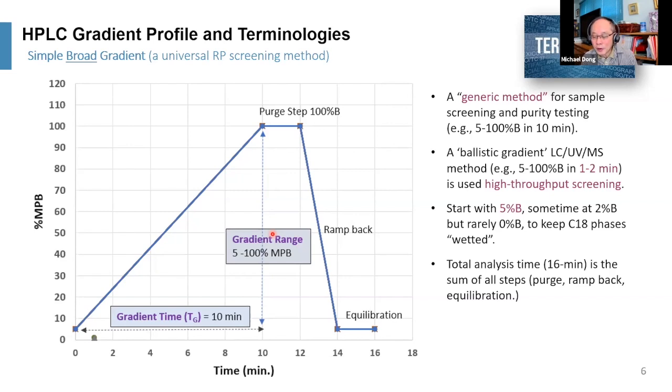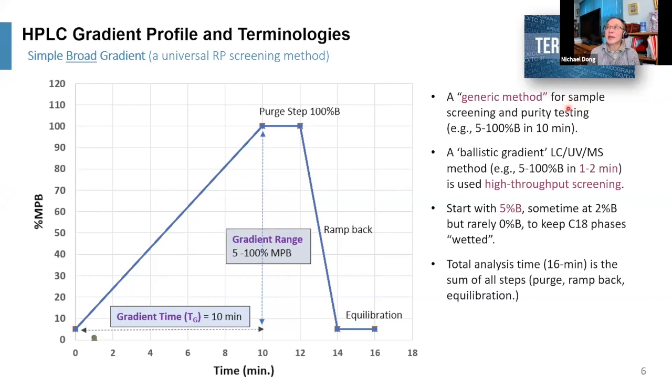You can use this type of method for reaction monitoring, if you have an organic laboratory. And we do that all the time, right? We use this type of generic gradient to look at our reaction, to monitor it, to make sure that our reactions are completed. Now, obviously, you must separate the product from your starting material, right? But a single HPLC gradient in conjunction with UV and mass spec would do that, very useful in most cases, right? So this is very powerful. It is actually a generic method for sample screening and reaction